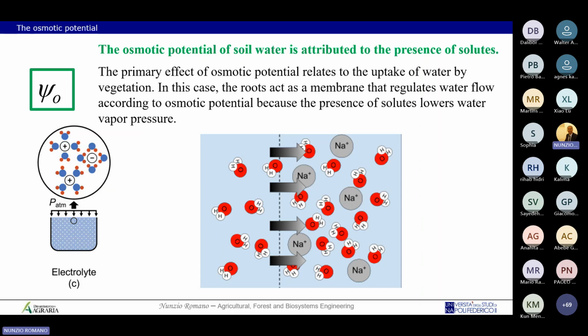And so you have a movement from the left to the right when there is the membrane. In this picture, there is a movement through the porous membrane, from the pure water to the saline water. And this is due to the osmotic potential. So there are some forces because of the presence of a solute, and these forces, only because of the difference in solute, generate a potential. Which potential? The osmotic potential.